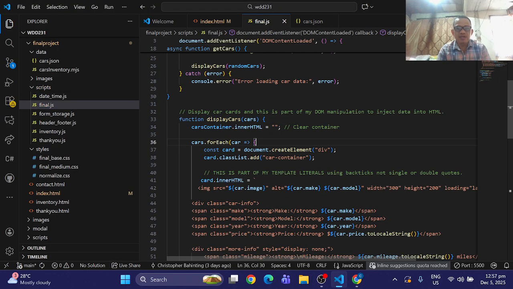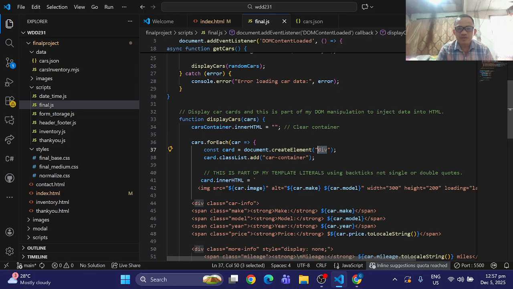And then we have a for each loop, so the array of cars will be injected into our HTML. For each item in the array, we are creating the element in our HTML.